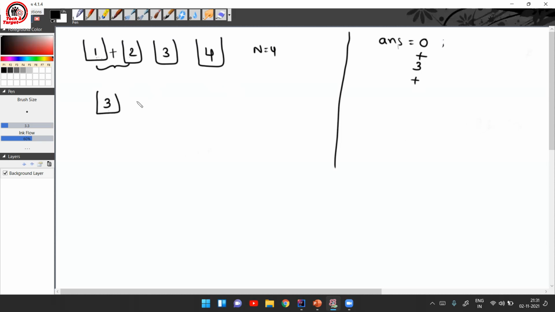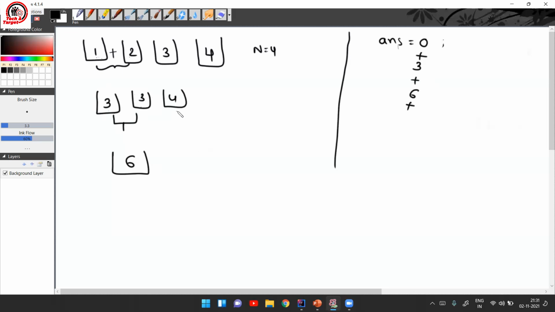Now, what are the remaining boxes we have? That is 3, and we have 4 now. So we have 3 and 3. If we want to put them into a new box, how can we do that? We'll take one empty box and add both of these. Now, how many chocolates will be in this box? This is 3, this is 3, so 3 plus 3 will be 6. Now, how much time was required to put all the chocolates of box 1 and box 2 into this new box? It is x plus y, where this is x and this is y. So 3 plus 3 is 6. We will add that to your result.